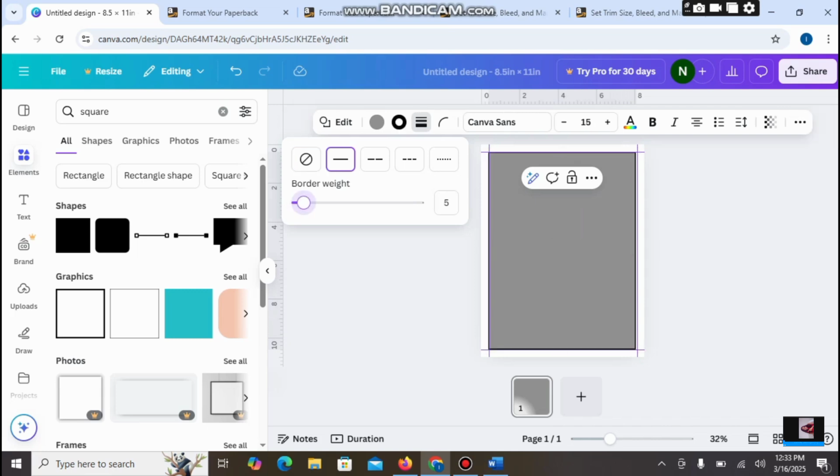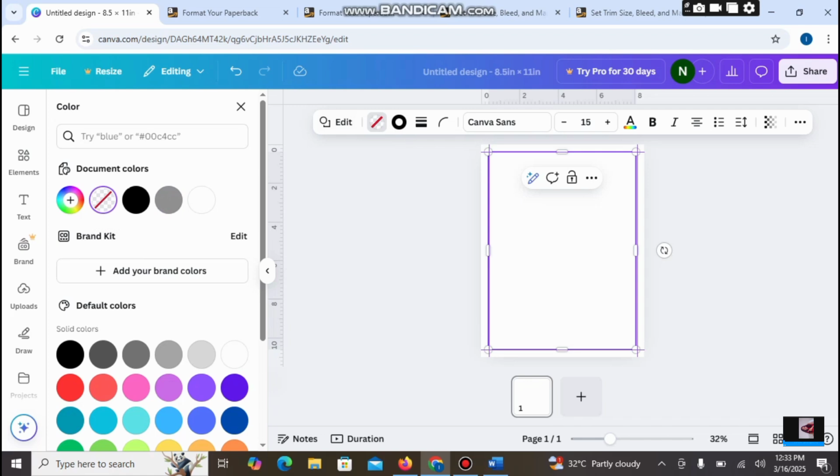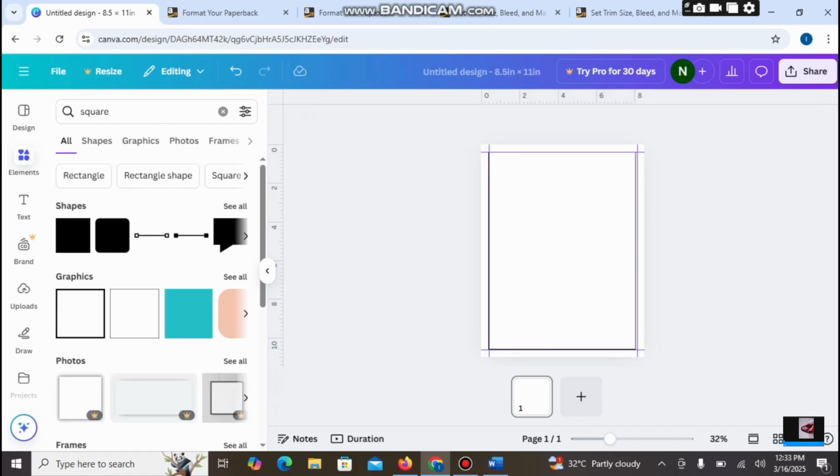Then go to border style, increase it a little bit to get that. You can see that all around it highlighted. So go to border color, click on no color. So now that we have our paper size complete,